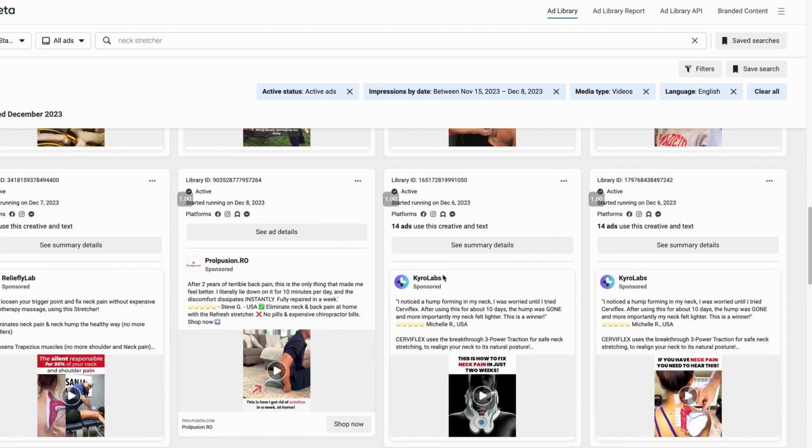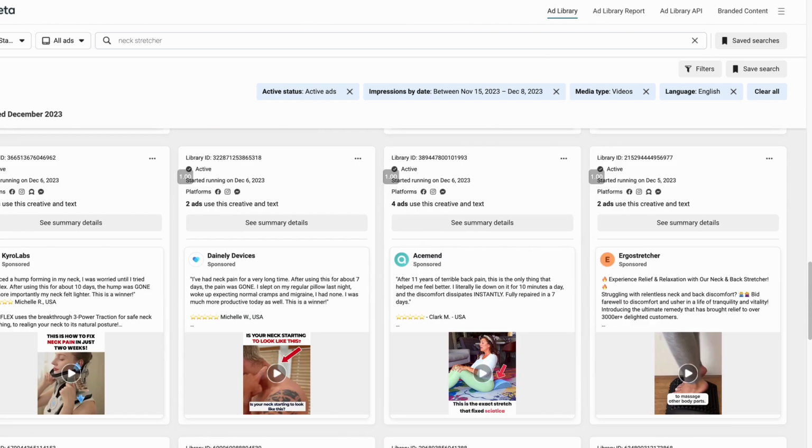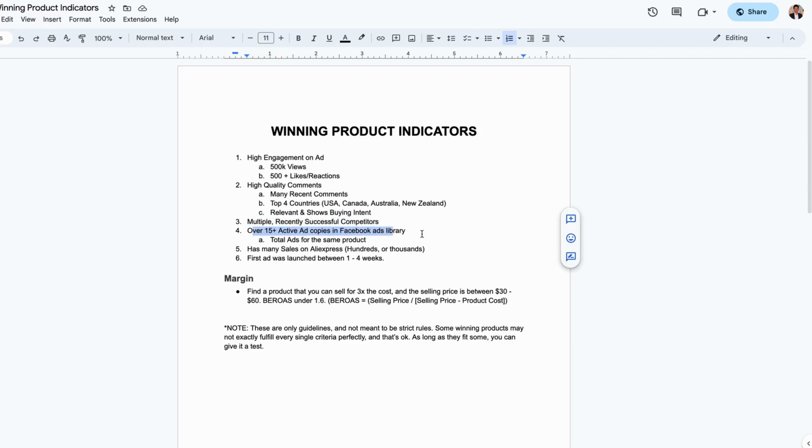But again, it doesn't have to match every single indicator. As long as it gets a lot of them, or at least some of them, then you're okay to test it. So I'm not going to spend any more time looking for more. Let's just move on to the next indicator. So over 15 ad copies in the Facebook ads library. So what you want to do